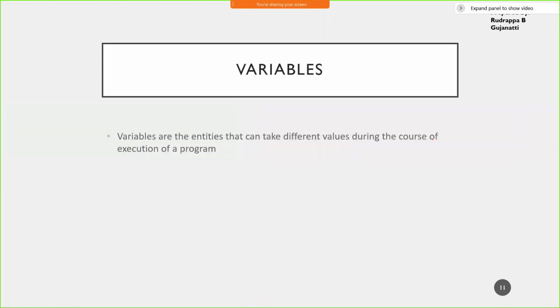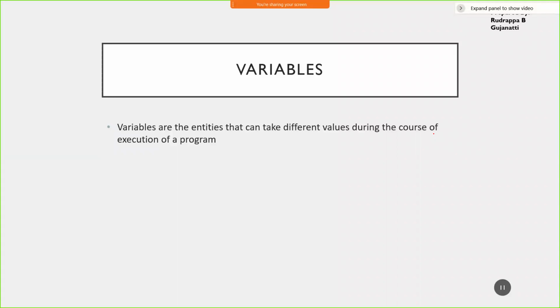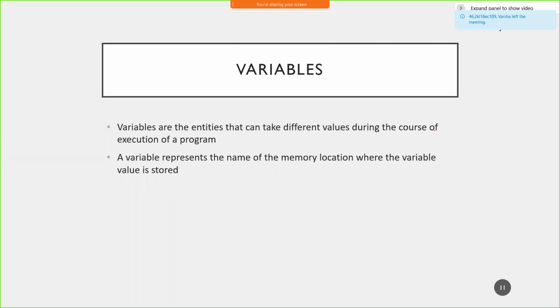So next we had discussed what is meant by variables. They can change their values throughout the course of the execution of the program. So it is basically a name given to a memory location. In that memory location, you can store a particular value. Now, what type of value that location will store depends on what type of variable you have declared. So here the syntax we had discussed has two types. That is, you define the data type and you give the name of the variable, that is, the data type is int and the variable is a.